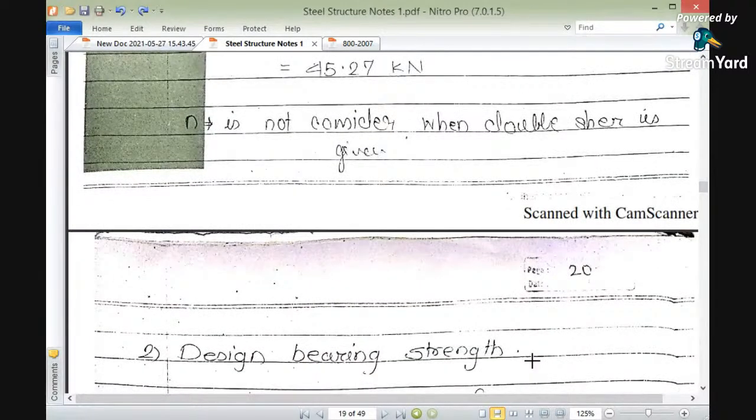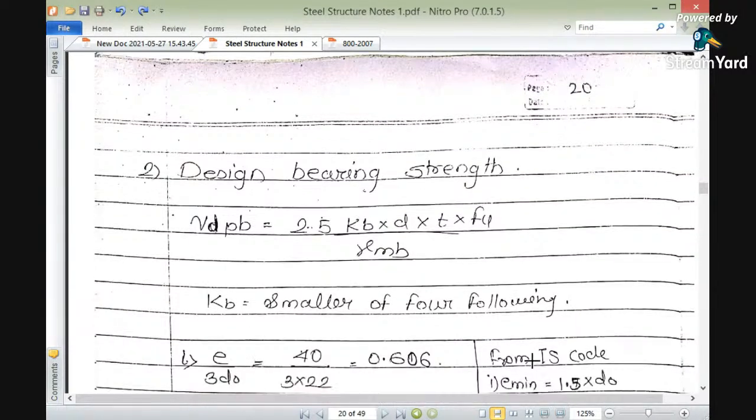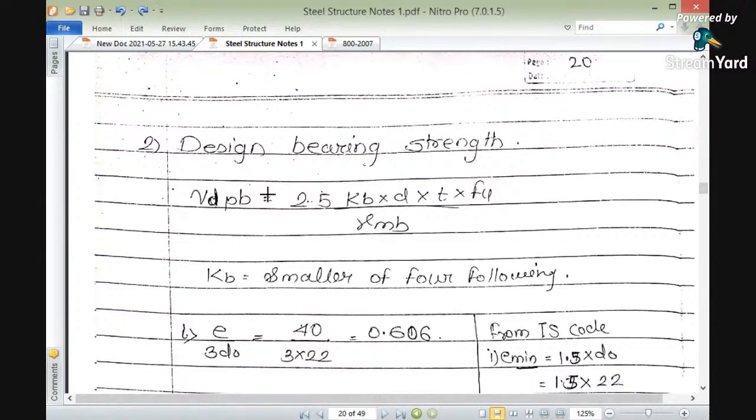Yes, N is not considered when double shear is given. Next is design bearing strength. How to find out design bearing strength? V_dpb, that formula is again 2.5 kb d t fu. It has been taken in the IS code